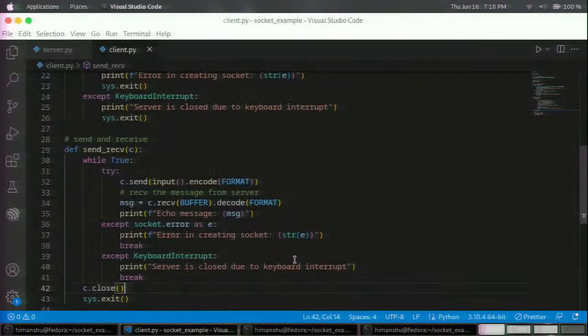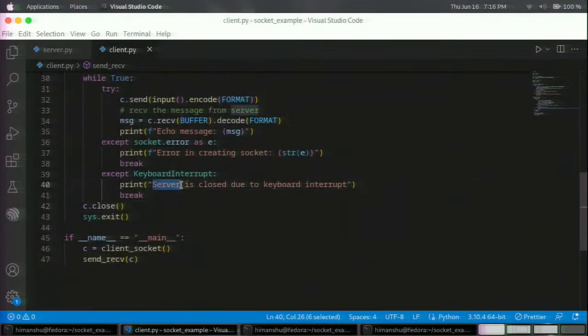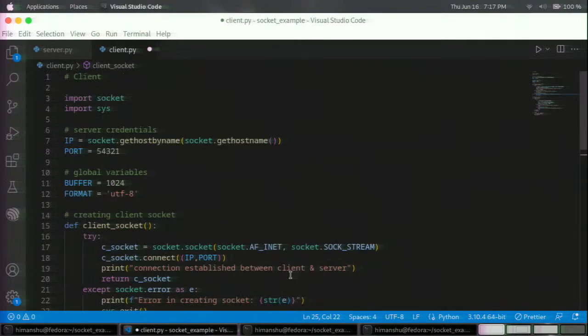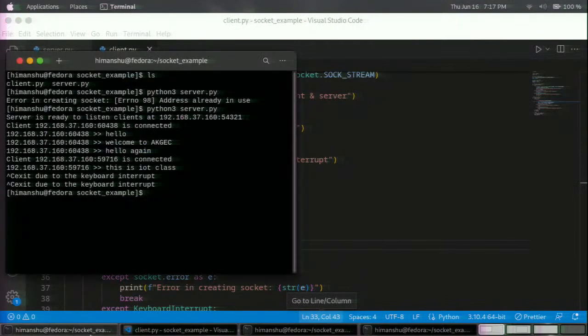Again we are back in our code, and this is the client, and if it is the client, then it should say that client is closed due to the keyboard interrupt. Okay, we have fixed that problem that we faced right now. The next thing is that we need to implement the same concept with the help of Raspberry Pi. So if we need to implement the same concept with the help of Raspberry Pi, let me show you that